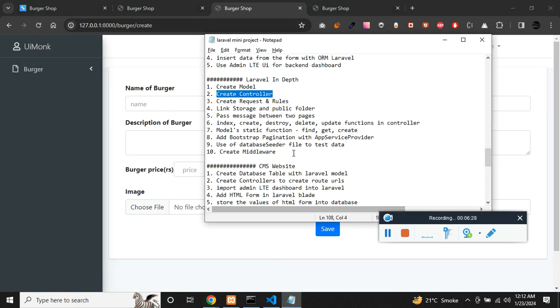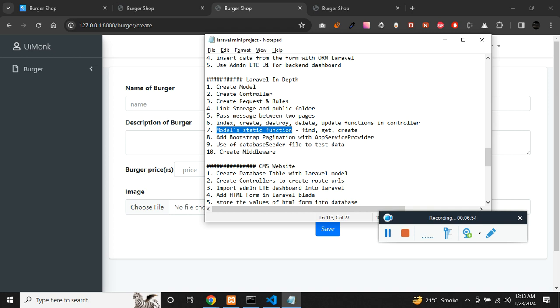So this can be created with routes, and the request and rules are for the validation, and we'll see how to access the images in the form as well as in the index page, and we'll see how to pass message between two pages, and we'll dive deep into the controller's functions like index, create, destroy, delete, and update,